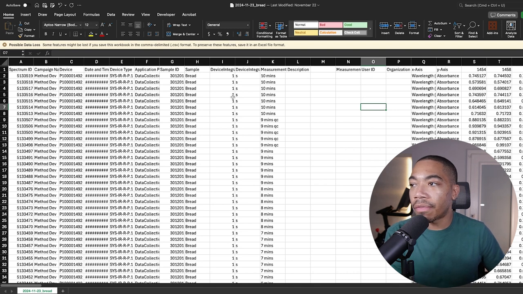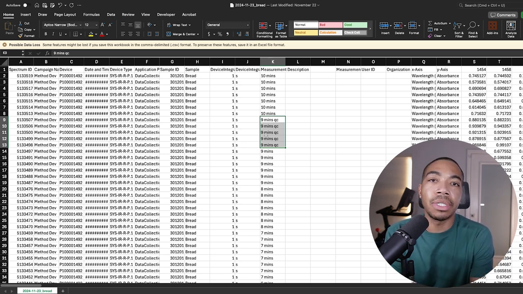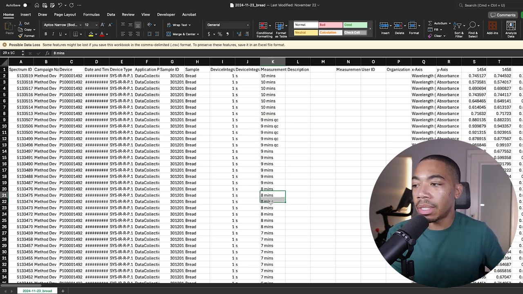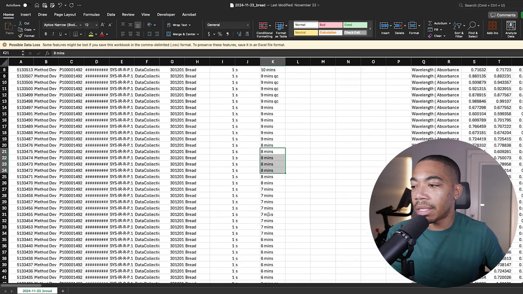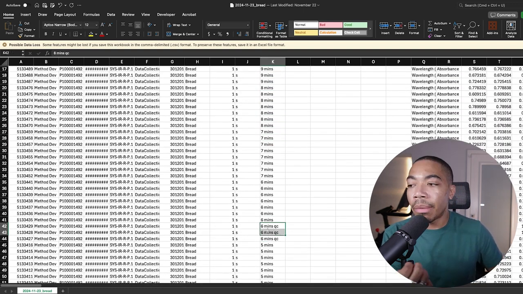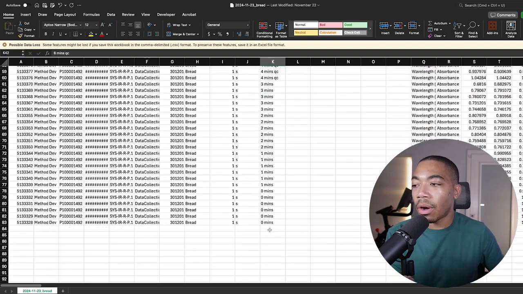This was imported from the website where this data is being hosted. And you can see in this measurement description column, we have all the data from 10 minutes to a 9-minute QC run. This is actually a piece of reference bread that I was storing on the side that was not toasted. It was just exposed to the ambient conditions. And then a 9-minute toast, 8-minute toast, 7 minutes, 6 minutes, a 6-minute QC sample. So the same piece of bread, but at 6 minutes, 5, 4, a 4-minute QC, all the way down to